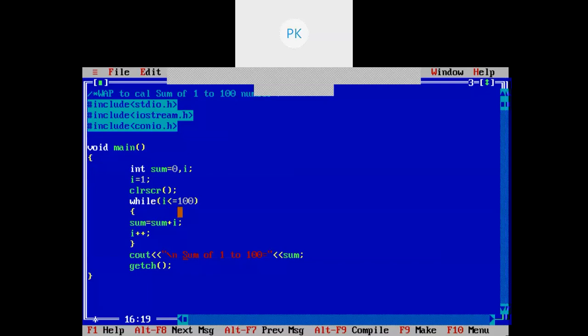Yes, sir. And inside this, I have written the condition satisfier as I plus plus, which will ultimately become 100 at some point. So this I will increment every time, and it will check here. If I becomes greater than 100, it will come out of the loop. Okay, sir.